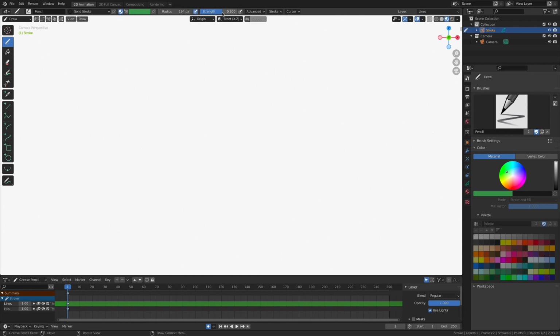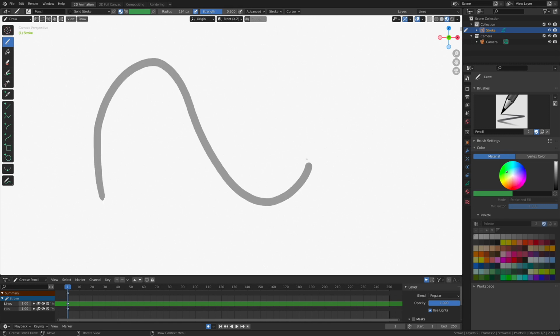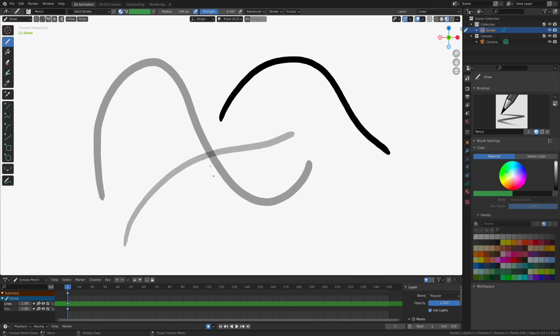And of course, the strength. This is how hard and how thick the brush is. Here it is at 0.6. If we turn this all the way up to 1, you can see now it's just black. Another way of thinking about it is that it's opacity. See how it's semi-transparent where the strokes cross? If you don't want that, if you want it to be completely black, just put it to 1. And now, no transparency.